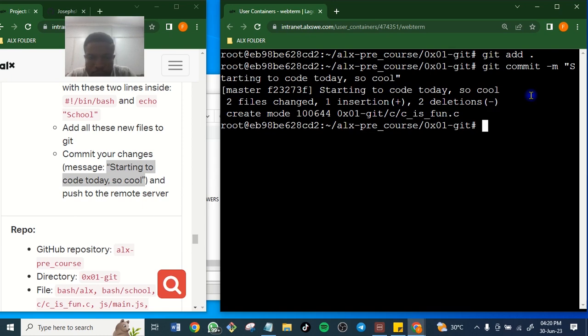Okay, so you see, two files have been changed. Maybe this is going to be the solution. Git push.